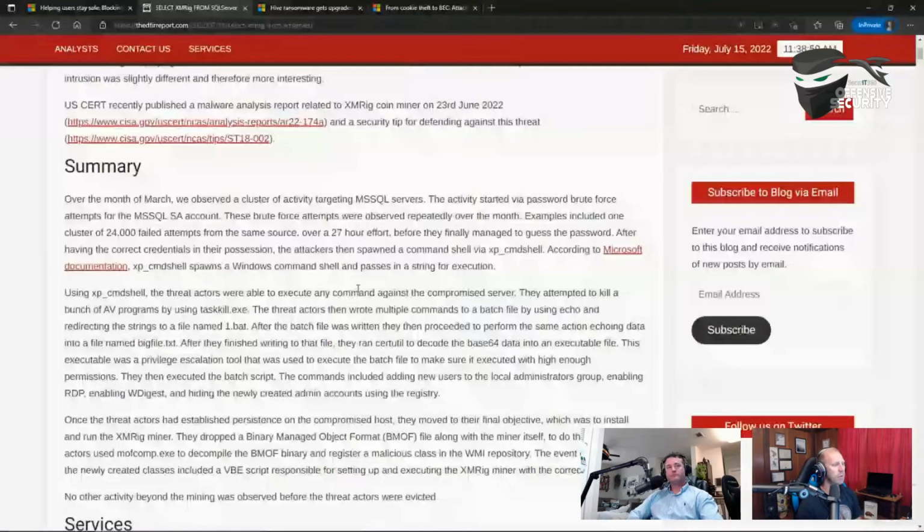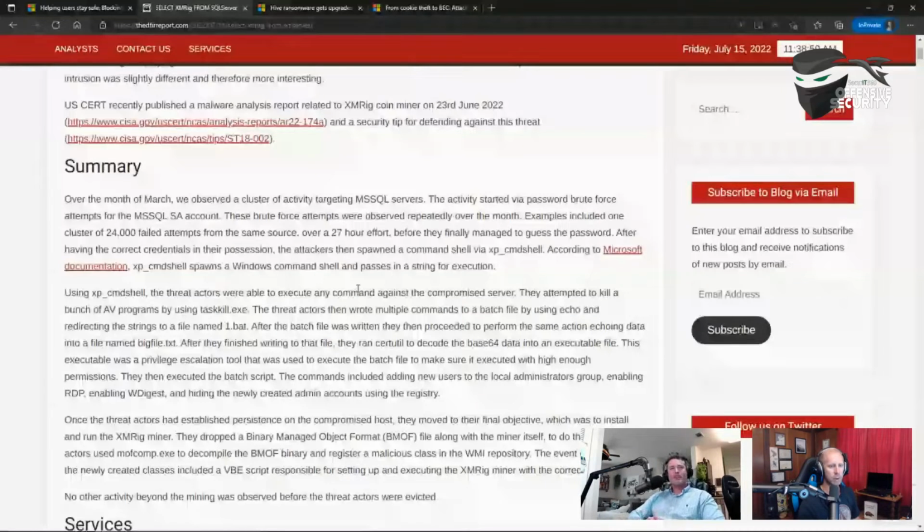The interesting thing to me in this case was the way that they used this binary managed object format file, this BMOF file. It deployed the miner itself, and it was also used for persistence. And what they used is this MOFComp binary, which does some magic, and you can do some cool stuff with it.